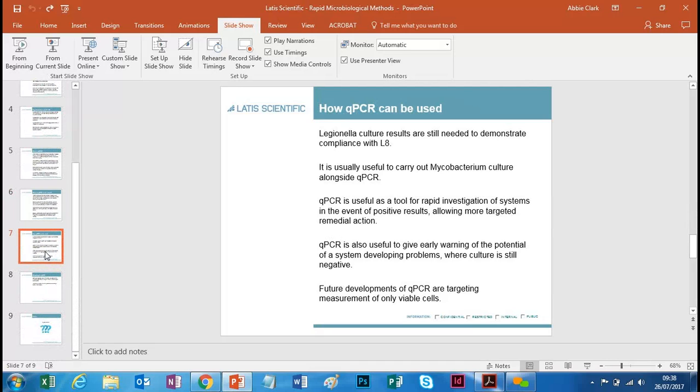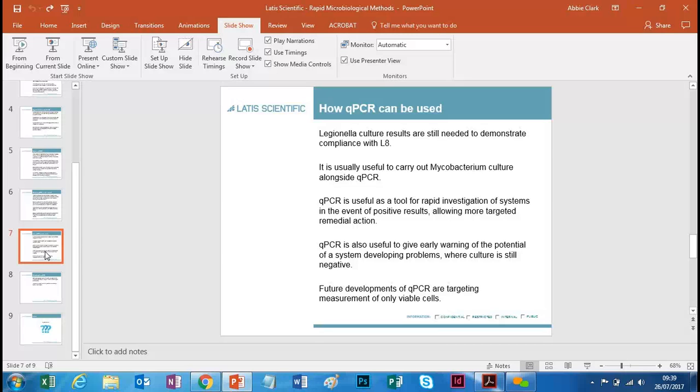In both cases, culture methods, whether for Legionella or Mycobacteria, are still treated as the gold standard in industry. So, for example, for Legionella, if you're complying with L8 for Legionella control, you need to do culture to prove that your system's clear. But where it's really useful to use qPCR is as a tool for rapid investigation of systems,